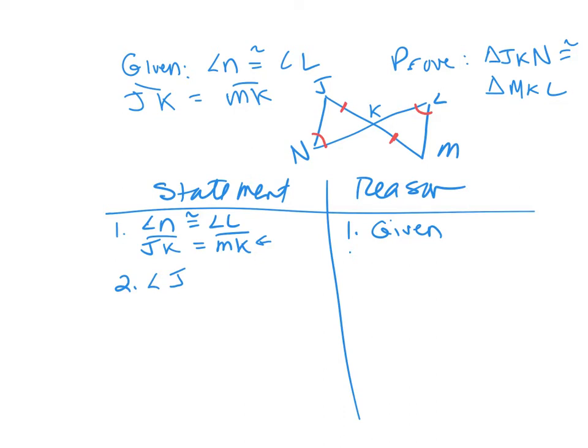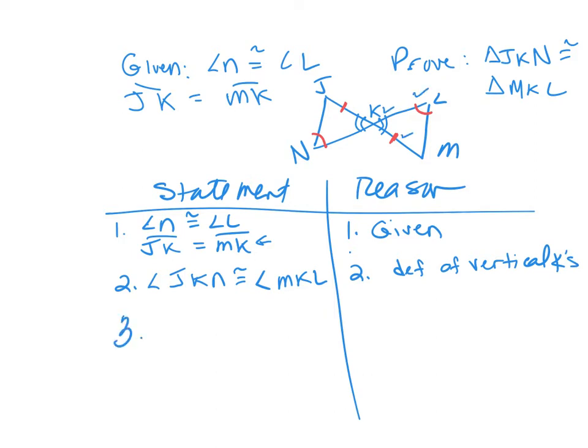So we have angle JKN is congruent to angle MKL. Okay? And why can I say that? Why can I say that these two are congruent to those two? So what am I going to write for my reason? Vertical. Just definition of vertical angles. Got it? Angle, angle, side. So I can move in for the kill and say that triangle JKN is congruent to triangle MKL due to